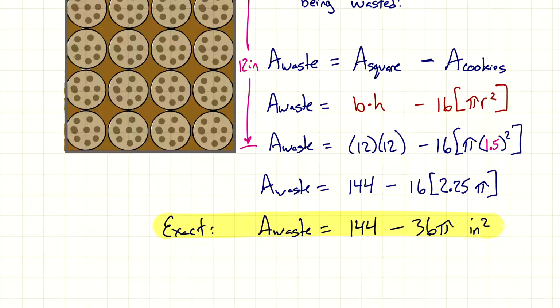But we want to know actual numbers. So this is a good example of when an approximated answer is going to make way more sense for us. So we could decide how much dough, actual dough, we're wasting. So the area of the waste,